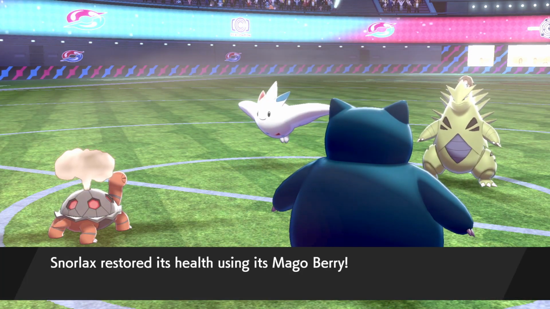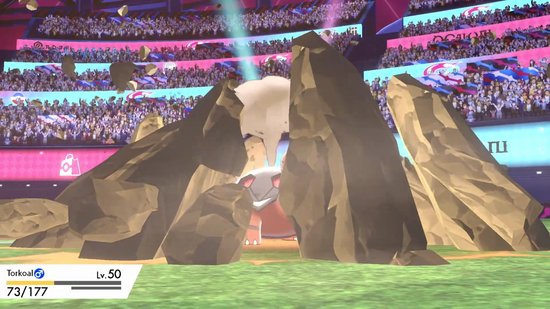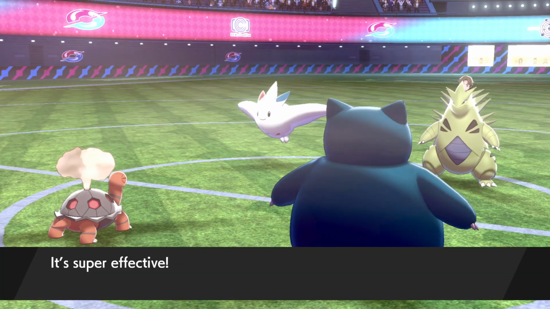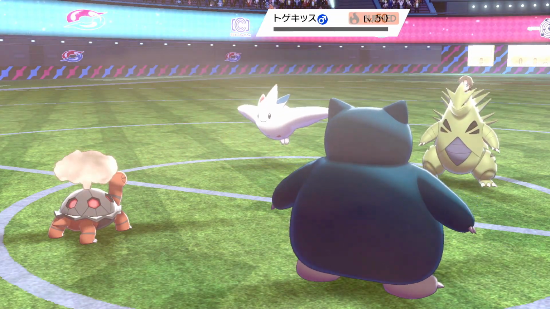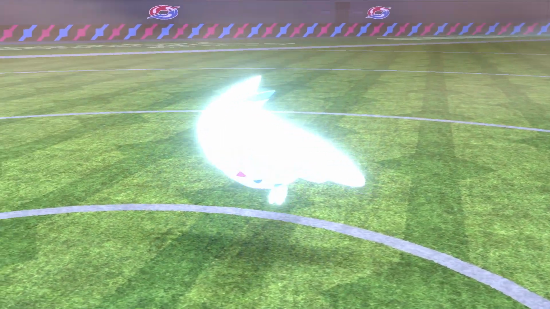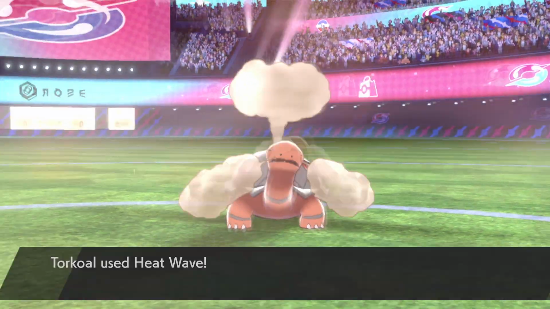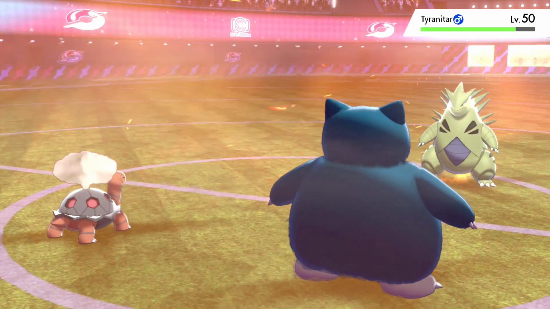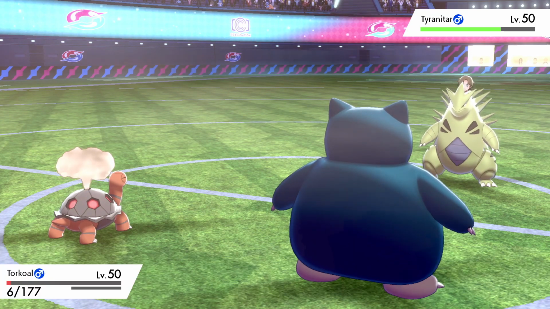That's why I didn't want to go for Belly Drum, because... Oh, it's going for Stone Edge again. Oh, it doesn't KO. Okay. Perfect. Facade KOs. Perfect. So, next turn I can just double up into it. Oh, and Heat Wave hits. Will we get a burn? Probably not. Nope. Okay. So...